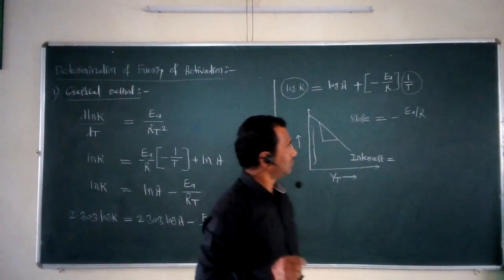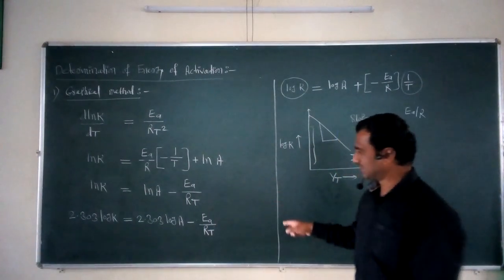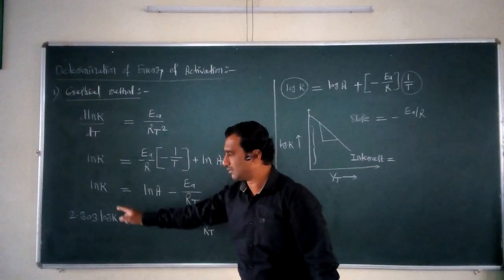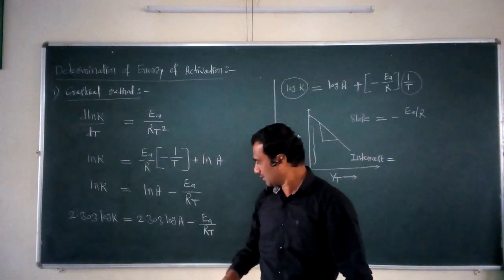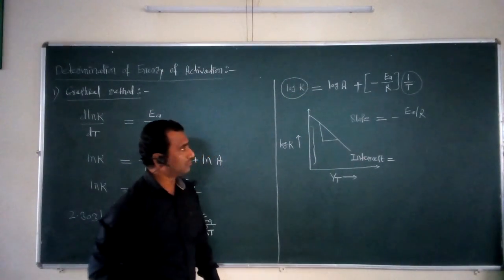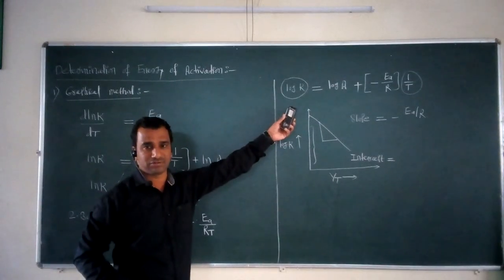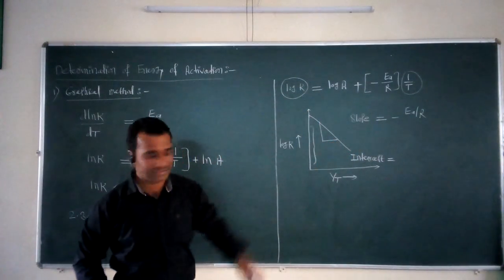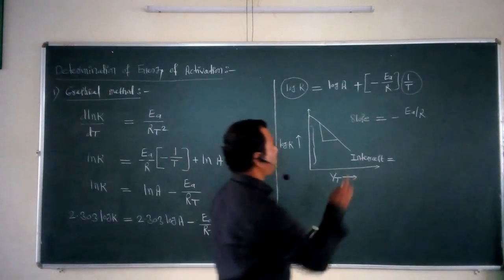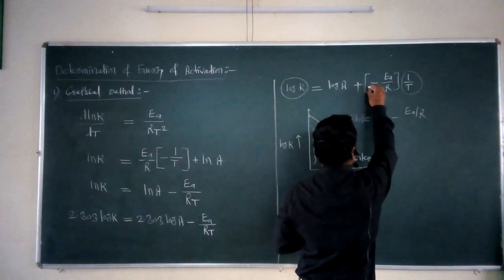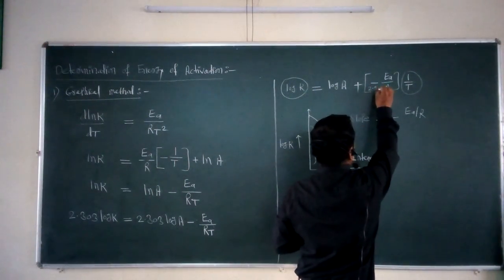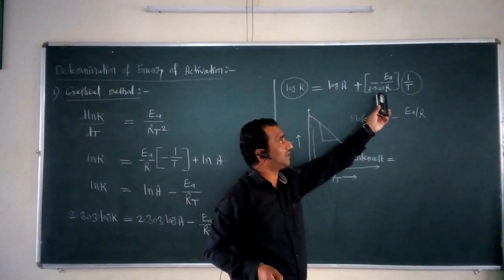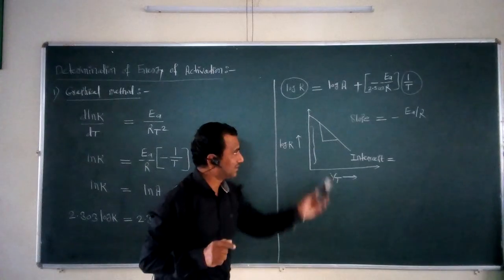Sorry, there is one mistake, sorry for that. What is that mistake? In this equation we convert into natural log, and after this we have to rearrange the equation. So log k is equal to log A plus minus Ea upon R. What is remaining there? The remaining term is 2.303. So that equation becomes minus Ea upon 2.303 into R. That term was missing.